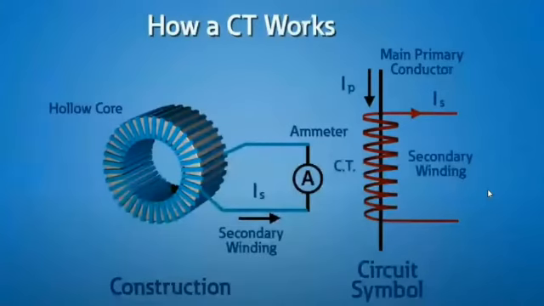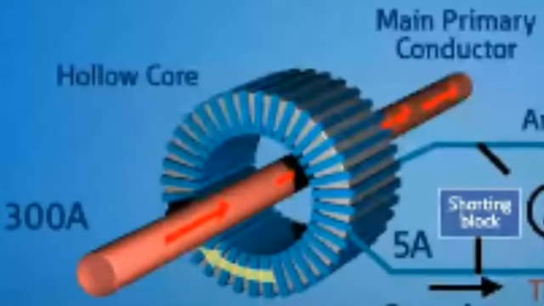These transformers are basically step up transformers, that is, stepping up the voltage from primary to secondary. Hence, obviously, current gets stepped down from primary to secondary. For example, a current transformer is of 500 to 5 range. That is, if primary current is 500 ampere, it will reduce to 5 ampere on the secondary side. But it steps up the primary voltage 100 times. You are seeing all this principle in this display.